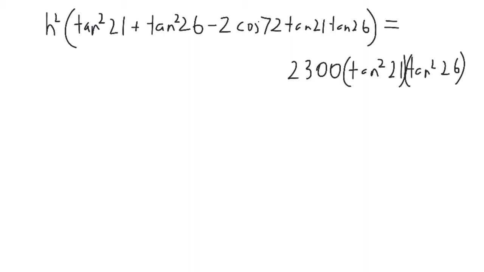But what we will end up with, now we've got this huge expression here. It's not that the number is too large. It's actually that the expression is very, very large for it. So we need to divide by that whole number. Again, tan 21, tan 26, and therefore tan squared 21, tan squared 26 are just numbers, same as cosine 72. So this in here is just a very long-winded way of writing a number. Okay, so we're going to end up with h squared